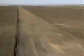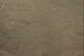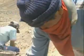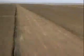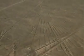The Swiss writer Erich von Däniken made his fortune by suggesting this was a giant landing strip for alien spacecraft. The only trouble with that theory is the desert floor here is soft earth and loose stone, hardly suitable for landing any heavy aircraft or flying saucers. So if it's not a private airstrip for alien visitors, what is it? Most researchers think that it's some form of giant site of worship,